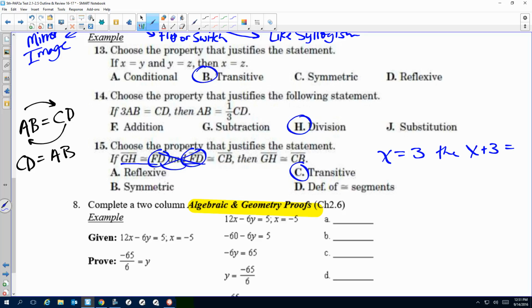I would take either one. 3 plus 3 is showing the substitution, and 6 means you did the substitution to get the value. Okay. All right, now,